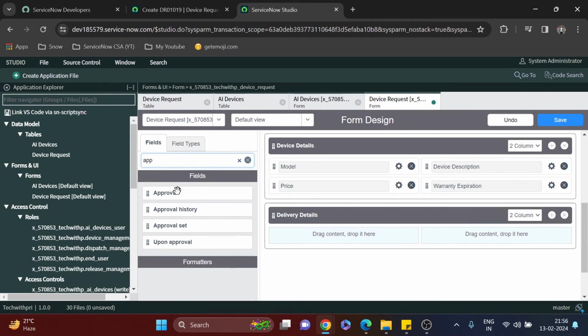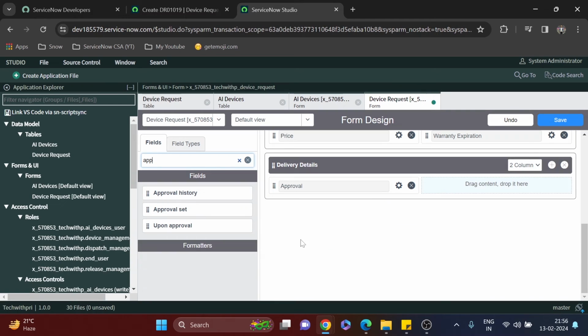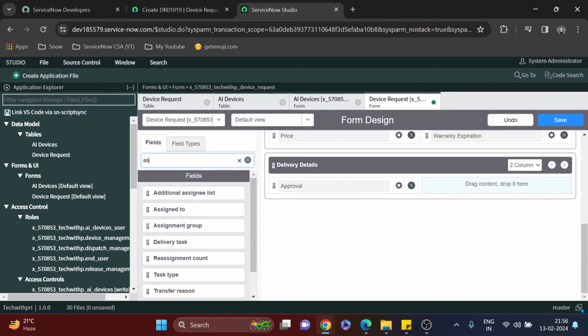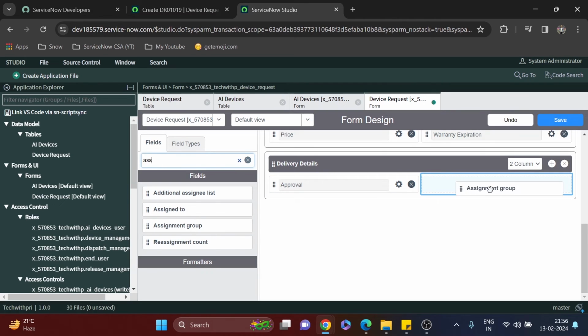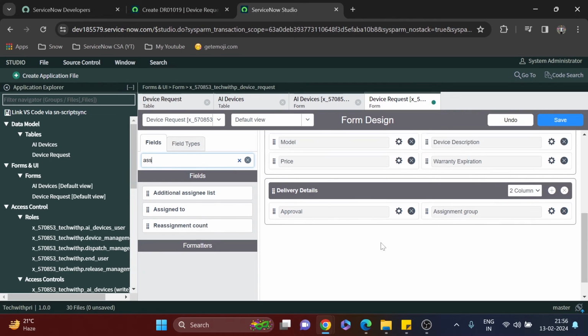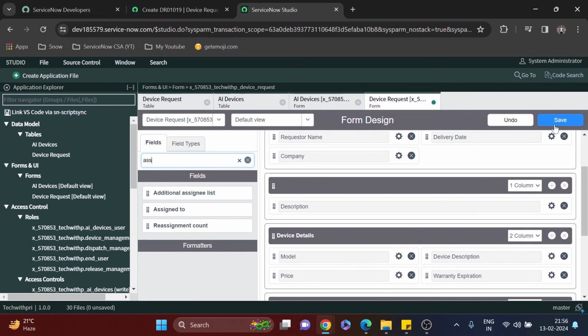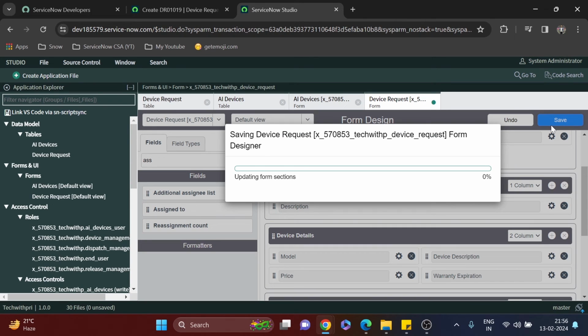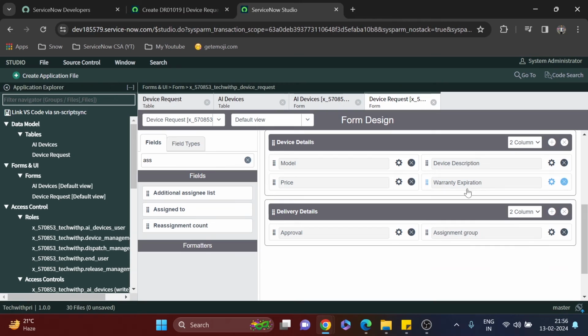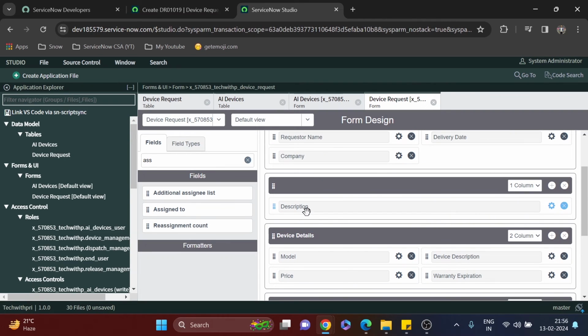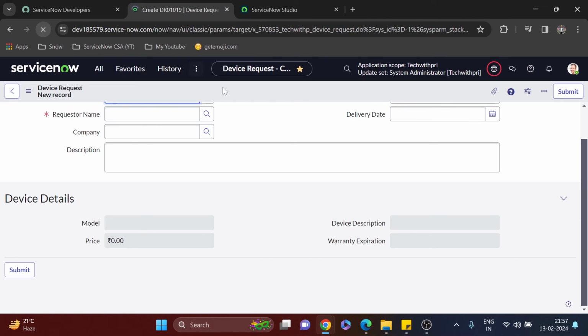We already have those fields in the task table. So approval and assignment group, meaning who is the dispatch management group or the team that worked on this record. So I'm going to save it. Now you will see something happen. I have created two sections. Now if I just refresh it,